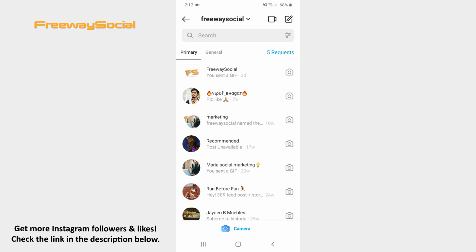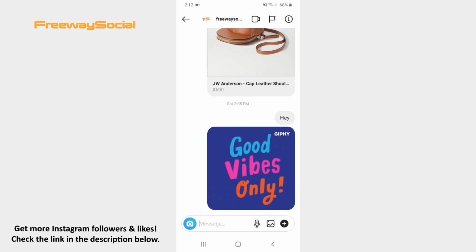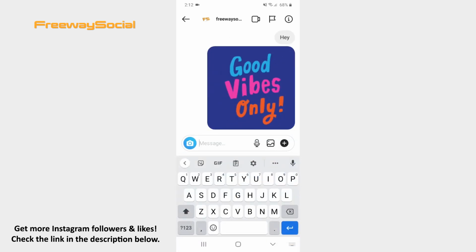If you want to send a message to someone you have already chatted with, then find the conversation with that person and hit to open it. Now you can use a keyboard and send a simple text message, or click on the microphone icon and send a voice message. If you press on the plus icon, you will be able to send a photo from your camera roll, GIFs, your prepared quick replies, or just a heart.